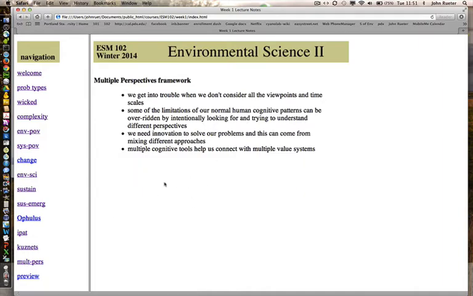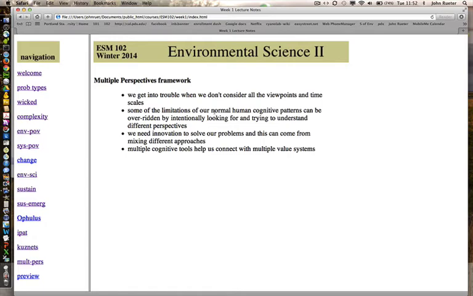I'll show you what I mean by that in just a second, but the reason we need to look at a problem intentionally and go out of our way to find these different approaches is so we don't miss some viewpoint, or overlook some time or distance scale, or so that we can use those different approaches to discover new types of information and bring those all into the